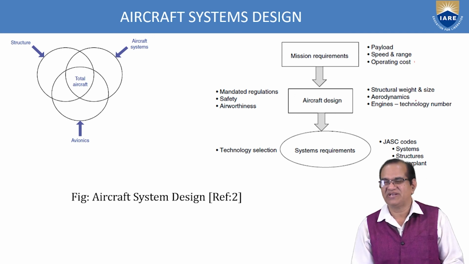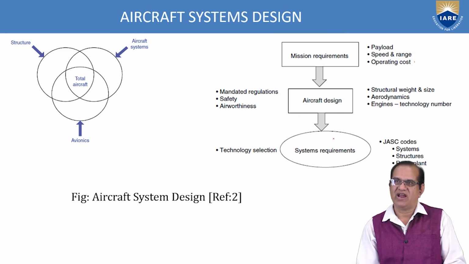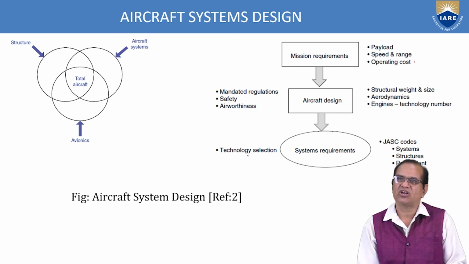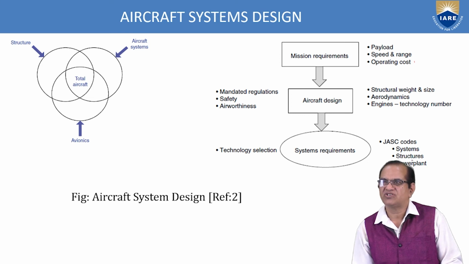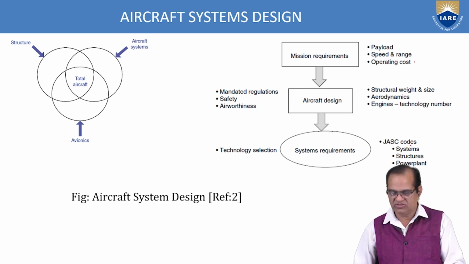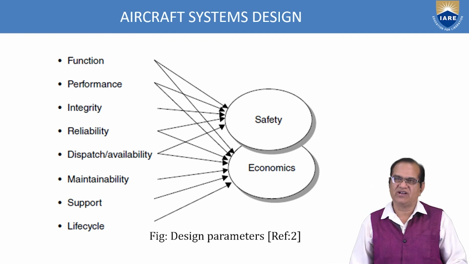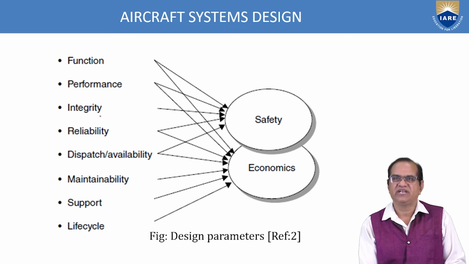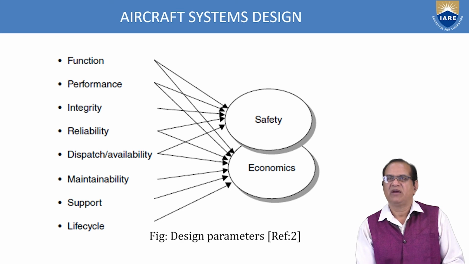Aerodynamic analysis will be done by the engineers. Engines, how much and what power of engine is required. Then after that we need the system requirements. In that we have the technology selection, course, system, structures and the powerplant. These things are made. Aircraft system design, if you talk about the function, the performance, integrity, reliability, dispatch, availability, maintainability, support and the life